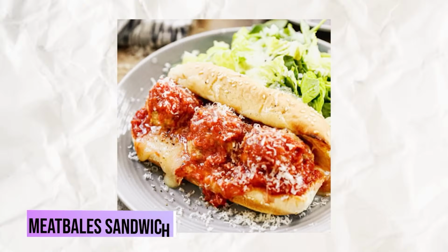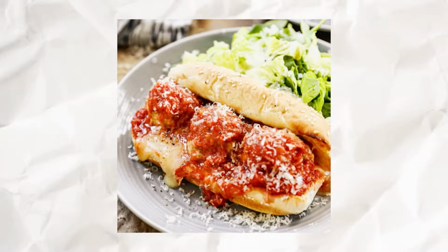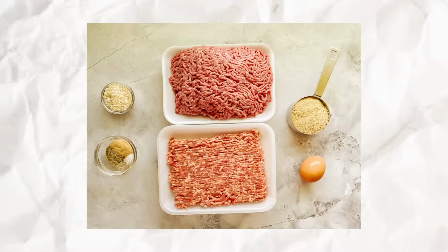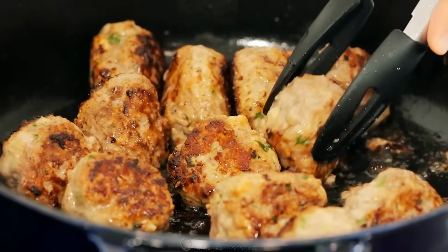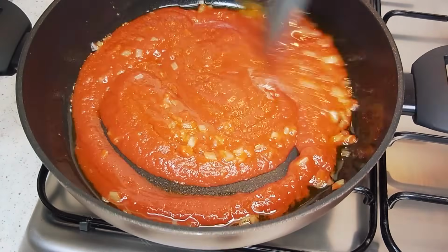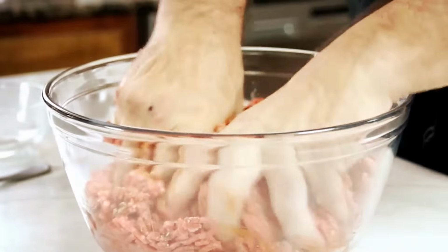Quick meatball subs provided an easy way for families to enjoy hearty, flavorful sandwiches without a long wait. These mini meatballs were made from ground beef or pork, seasoned and cooked rapidly, then nestled inside small buns or rolls. The meatballs were typically coated in a tomato-based sauce and topped with melted cheese, combining familiar tastes in a convenient